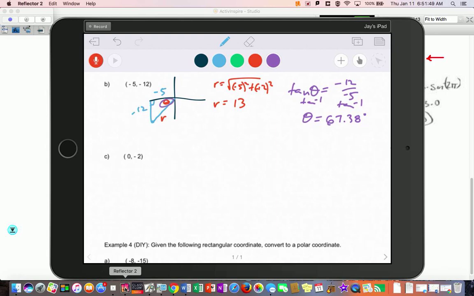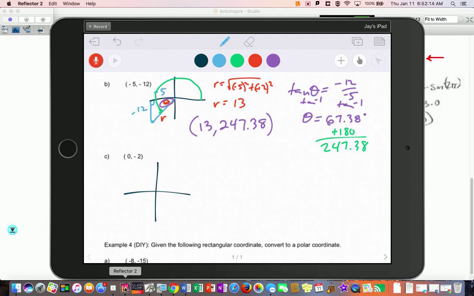I want to make sure we go all the way from 0 to here. So we have to add an additional 180 to that, so that's 247.38. So then the final answer is r 13, theta 247.38. And again, this last one, if you draw a picture of it,